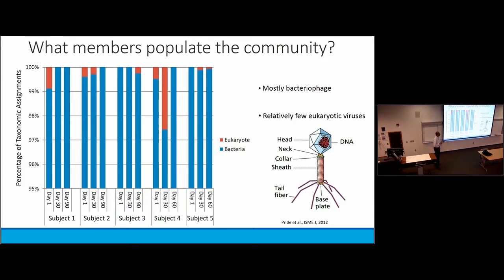But we were really shocked when we saw the results of these initial experiments. The main reason we were surprised is that my goal was to work on human viruses. You know, I was an infectious disease doctor. I wanted to work on all these fun viruses like flu and Ebola and HIV and so forth. So I thought that we were going to be looking at human viruses. When we did these experiments, it turned out that over 99% of what we found were bacteriophages.